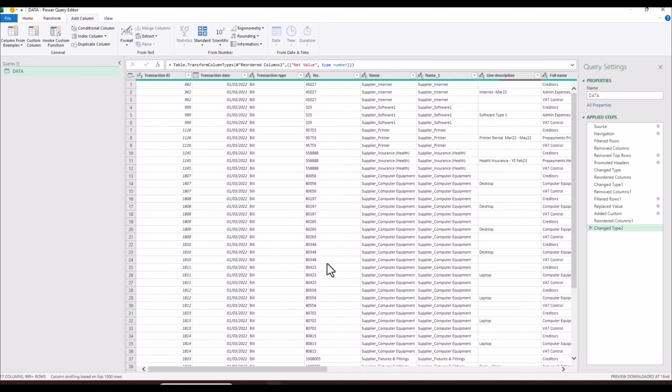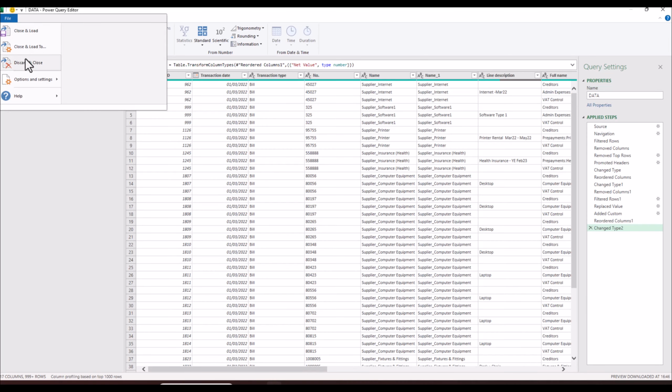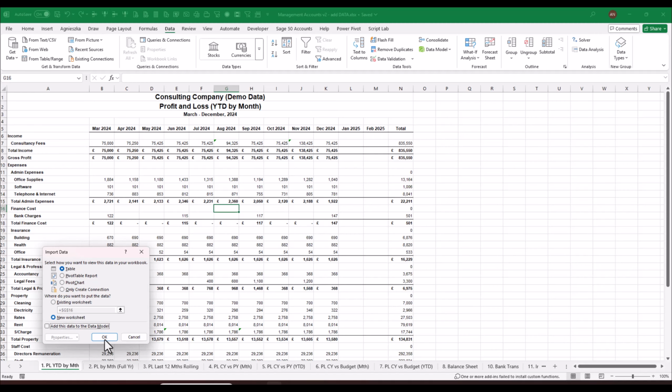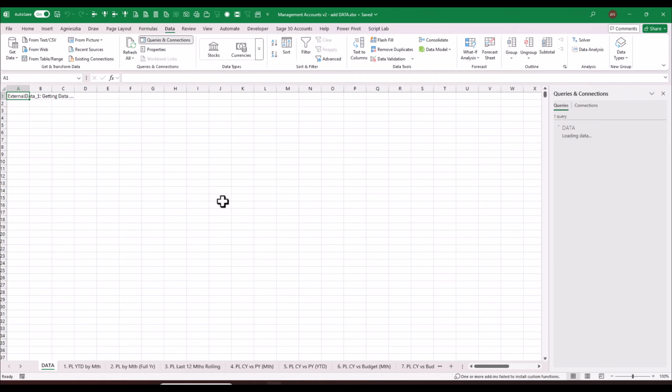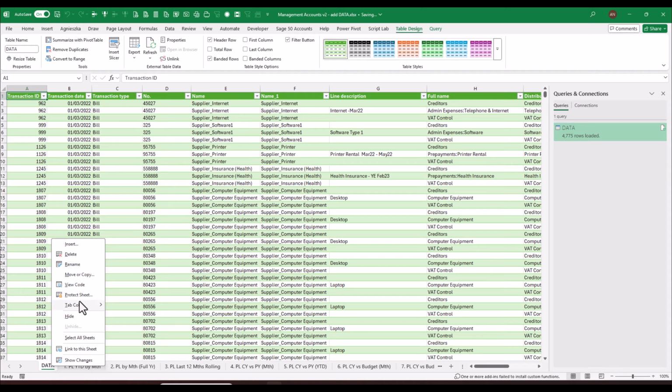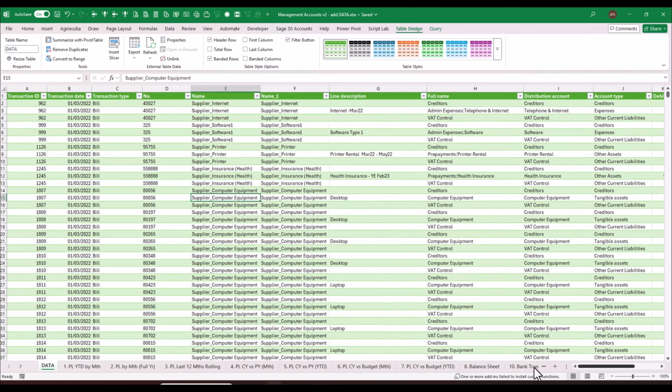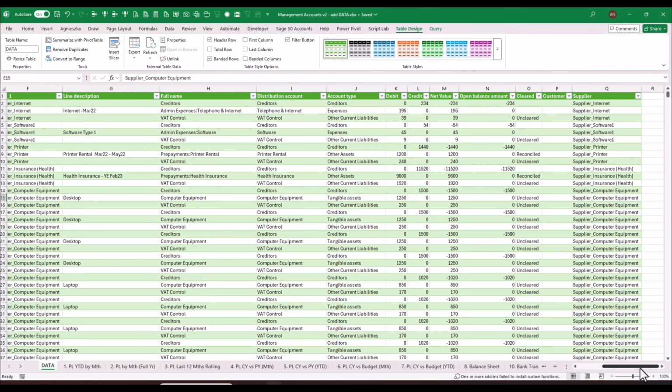So this is now looking good. I think I can now load it to the management accounts and have a look at it. So load as a table and to new worksheet. Just going to give it a color. Right, so this is now a perfectly Sage-like table of all nominal transactions,